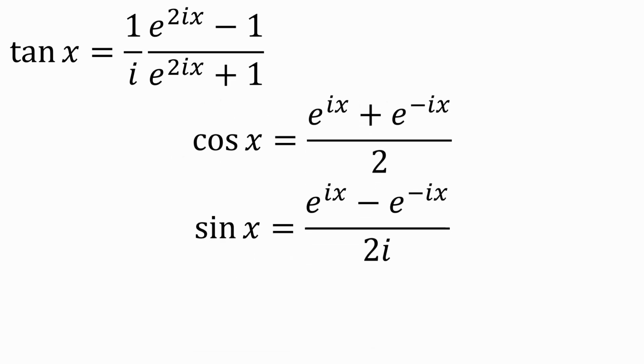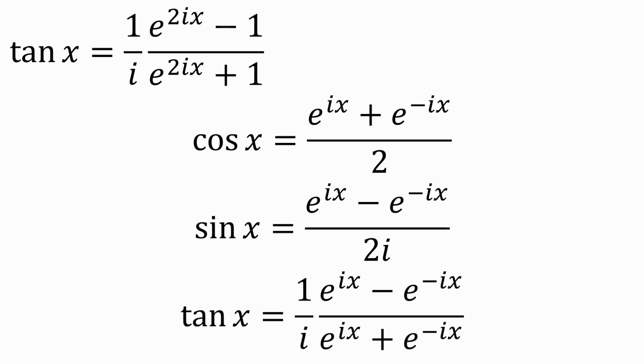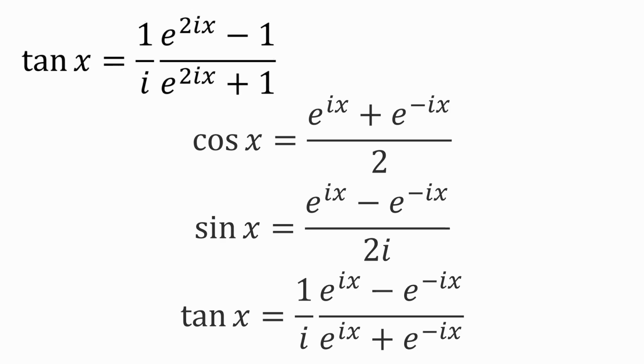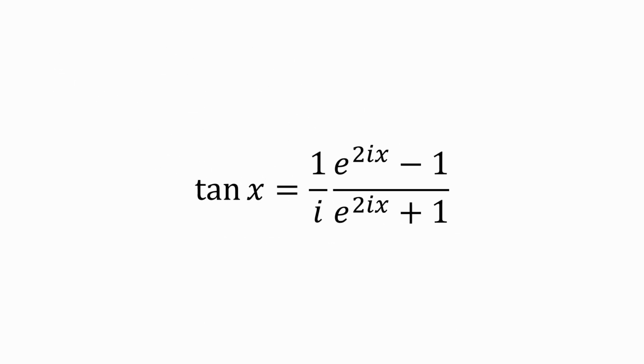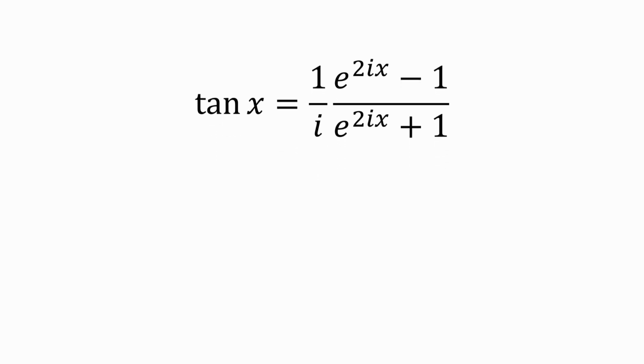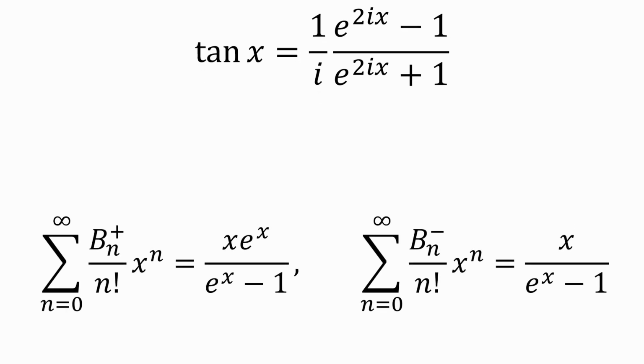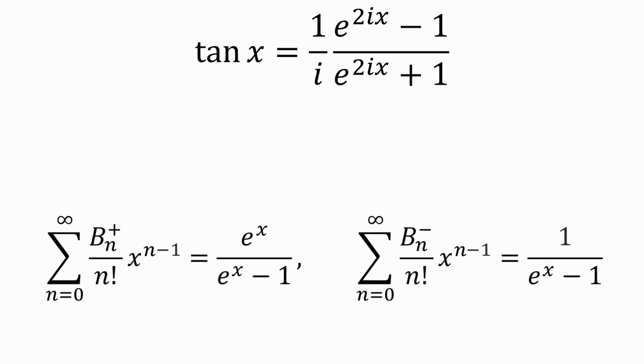Tan x is sin x over cos x, which gives us this. If we multiply the top and bottom by e to the ix, we get the form in the top left. The reason I want to investigate this form of the tangent function is because it has some similarities with the generating functions which we found last time. If we divide each of these by x, they become even more similar. The tangent function uses 2ix instead of x, so if we make that substitution as well,